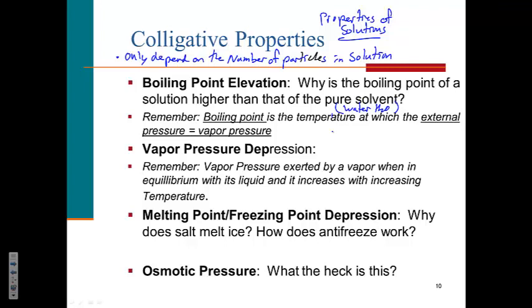So we can draw our little beaker here again. We were talking about this. Here we have water, and there are water molecules that pop off the surface and go into the vapor phase. Now if we were to put a lid on this, we could measure how much pressure these water molecules in the vapor are exerting. And when they're in equilibrium, that is to say,